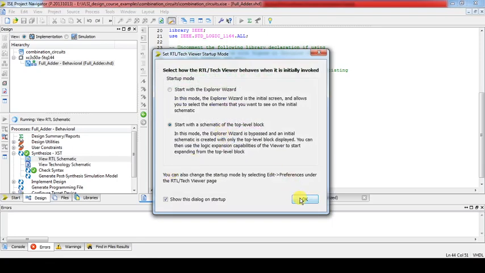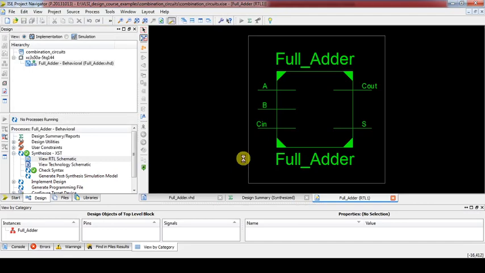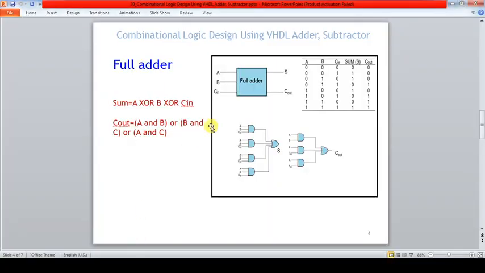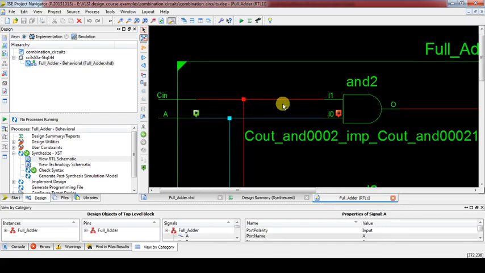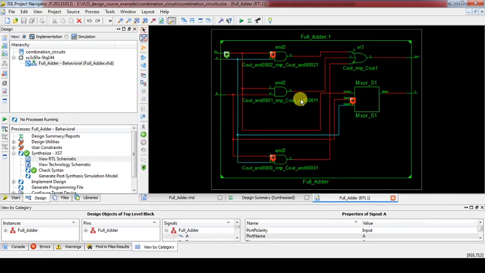Okay, synthesis done. A top module will come with A, B, C in, C out, and sum, like our black box for the full adder. Now we have to check the internal blocks of this full adder. It contains XOR functionality, a 3 input XOR gate directly.